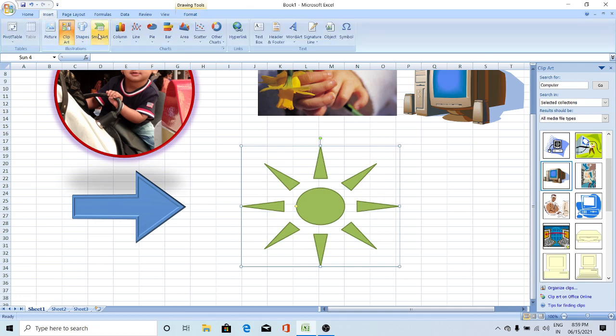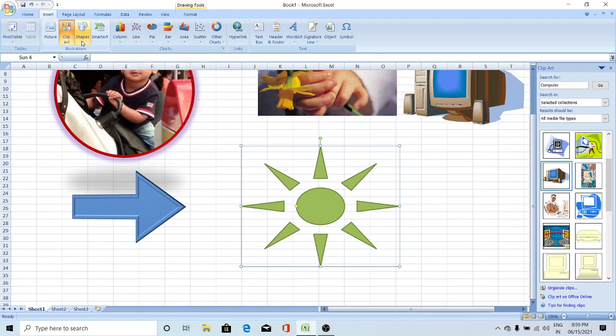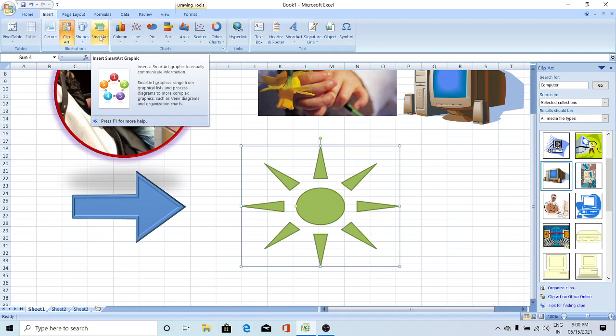Again, insert smart art is there. Okay, insert shape is over. Different shapes you can insert. All our ready-made shapes are there. You can insert circles, arrows, lines, flowchart symbols, callouts, everything. And smart art. If you want to show the group-wise information, then you can go for smart art.